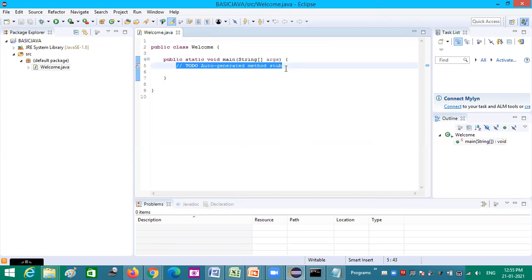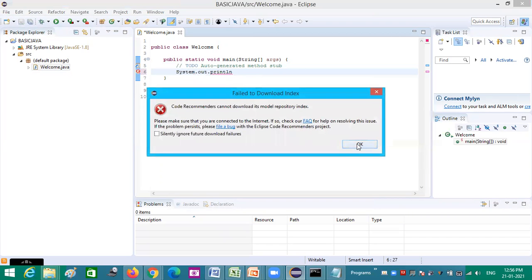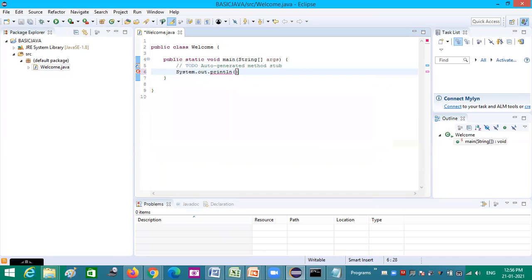What code should I add here? That part I have to add here. This is a comment, double slash, a single line comment. Now I am adding my print statement: System.out.println, and now we shall print the same, Welcome to Java, semicolon.